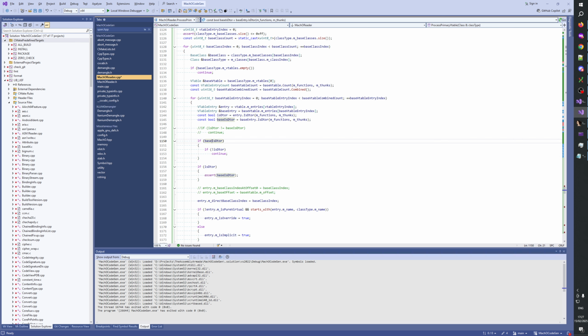If base is detour, base. Oh man, why do I have so many problems with this? If base is detour, if the base is a destructor, then, so if the base is a